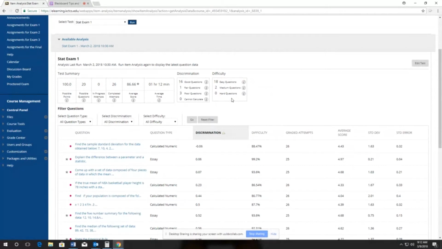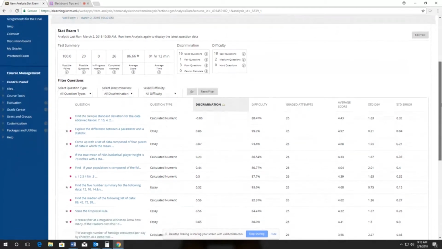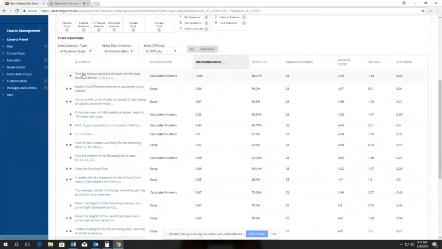The first exam in stats is mostly vocabulary, so it makes sense that it would be an easy exam. Now I can go down here. Each exam question is worth 5 points, and so I can look over here and see what the average score is that every student is making on an exam question. Since on this first question, which is a numerical question, the average score is 4.43 out of 5 possible, that's pretty good. I can look down, and most students are getting the second one right with 4.97 out of